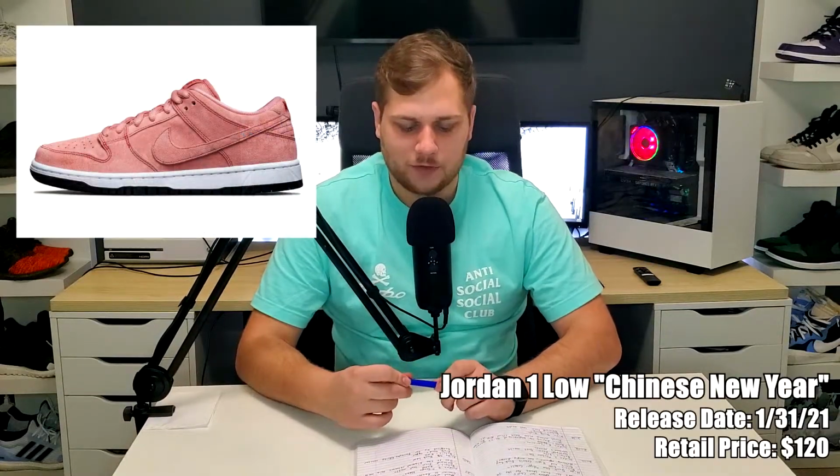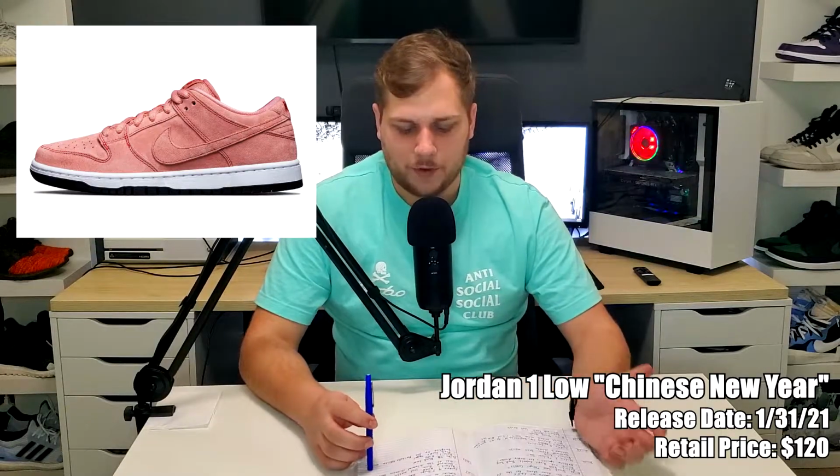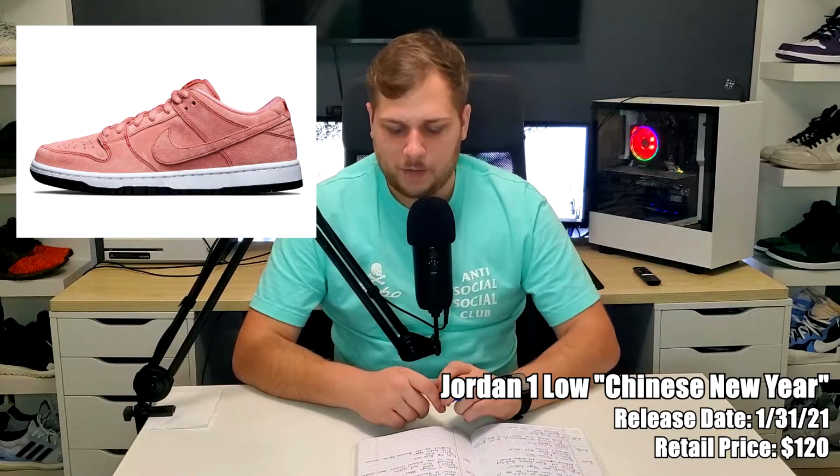And then the only one I didn't know what it was, but I feel like it's going to be released this month because I've seen it, and it's at least going to be released in other parts of the world and not just the US. It's the Nike SB Dunk Low Pink Pig. It's going to retail for $100. It's got basically an entire pink suede upper, as you guys see. It was inspired by the Porsche